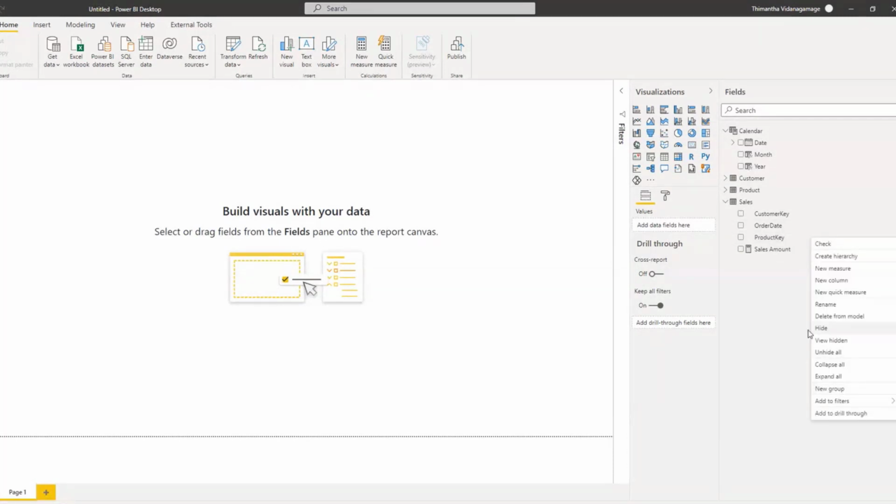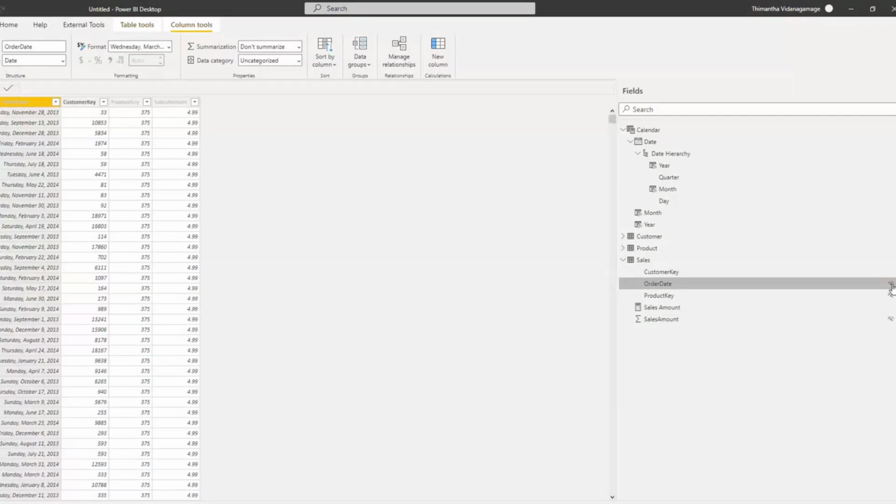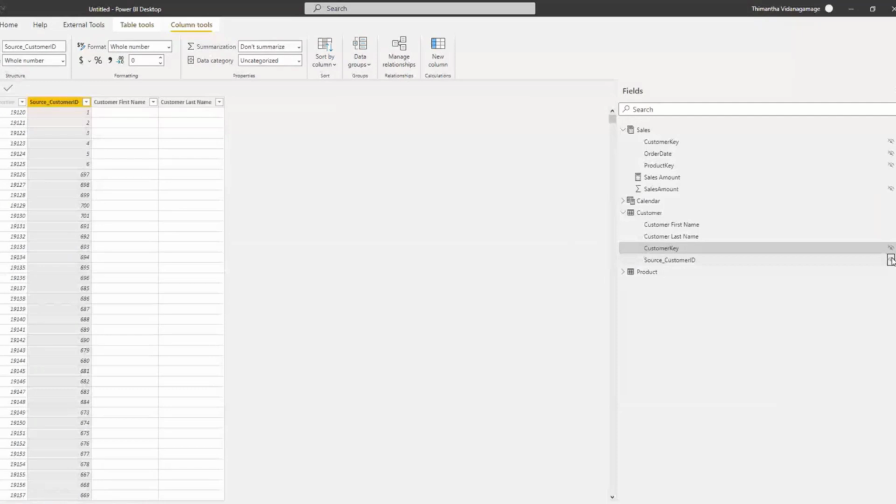Just to add some variety, you can hide it from here as well, much more easily. You can click on this eye-like icon you see, and you can hide the respective columns or attributes as per your preference. So I had hidden all that. And in this table also, I don't want my end user, or whoever is using this model, to see the customer key and the business key. So I'll be hiding them as well. And in here also, I'll be hiding the product key and the source key.